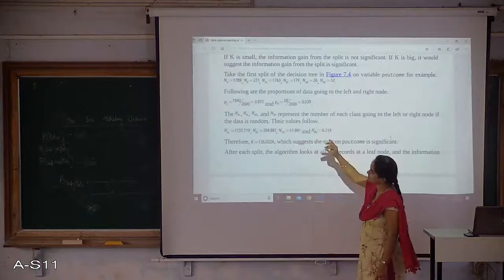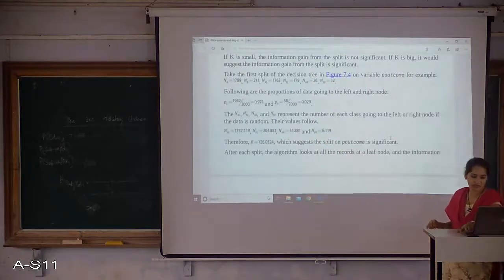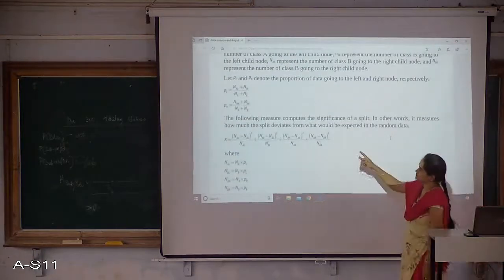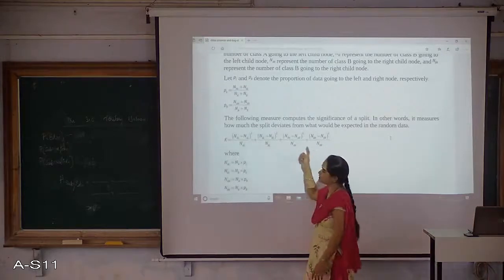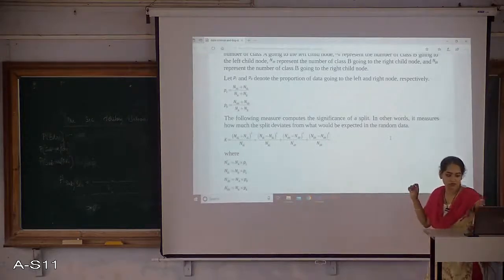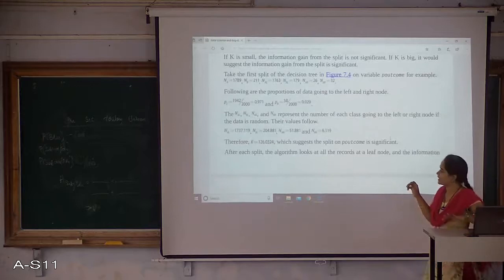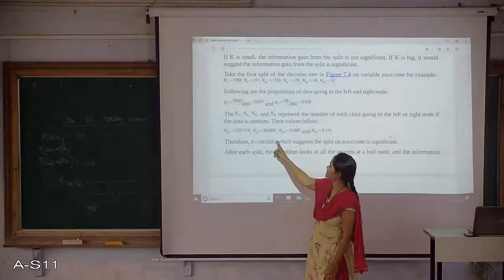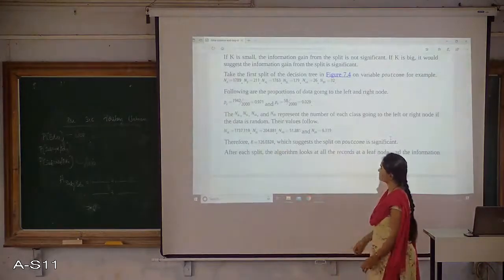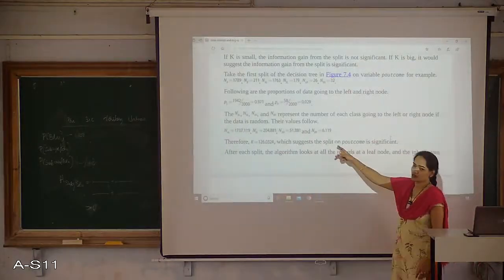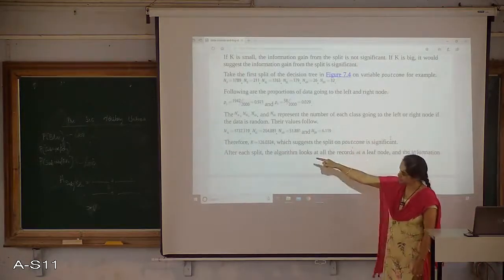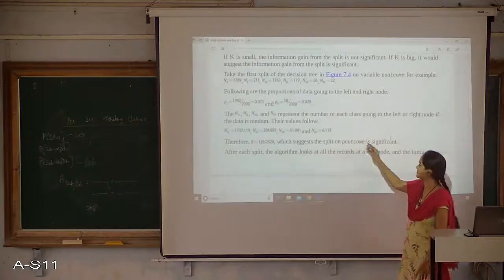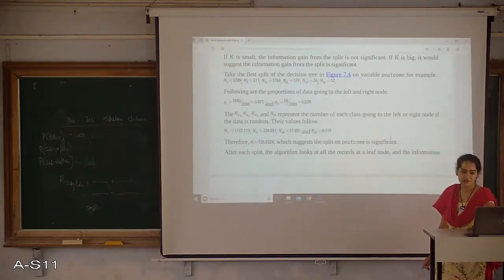Now putting all these into a formula for calculating the K value. When I put all these values, I get a K value of something like 126, which suggests that the split is big enough. So it is significant.